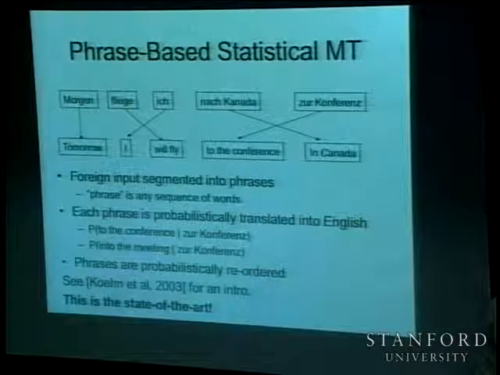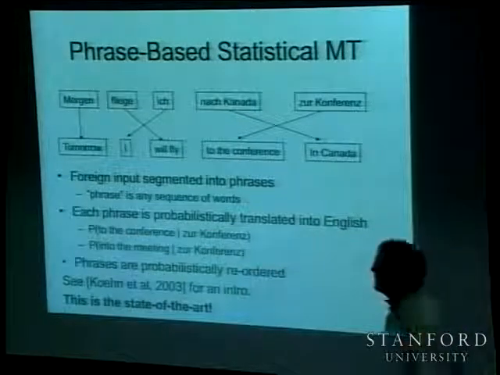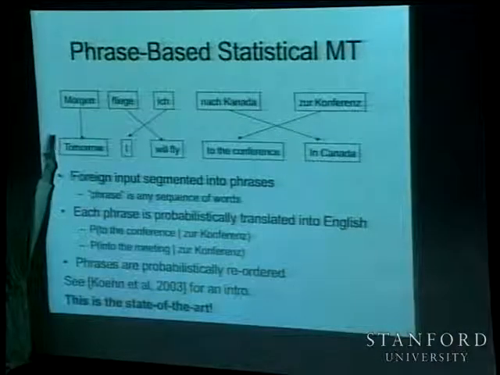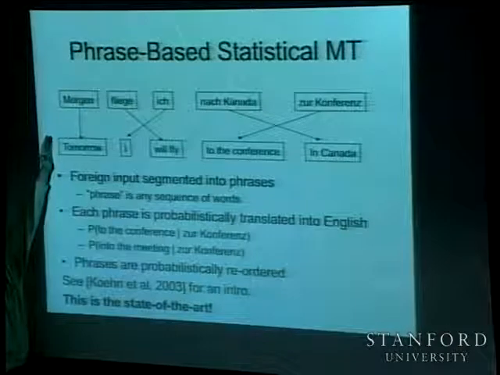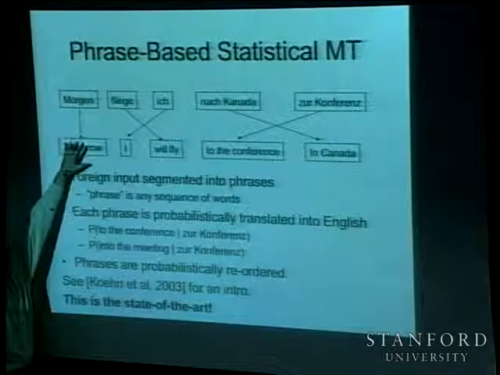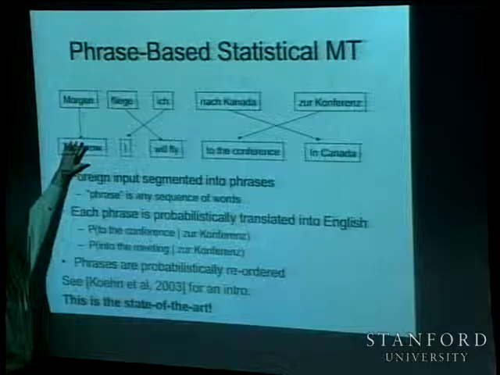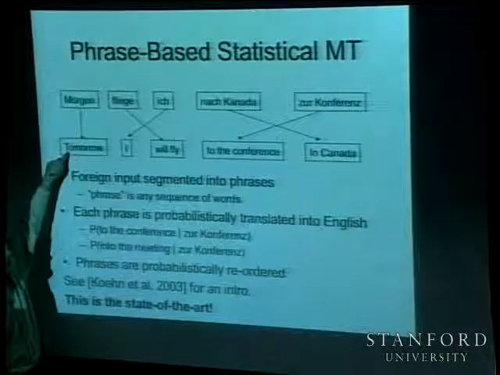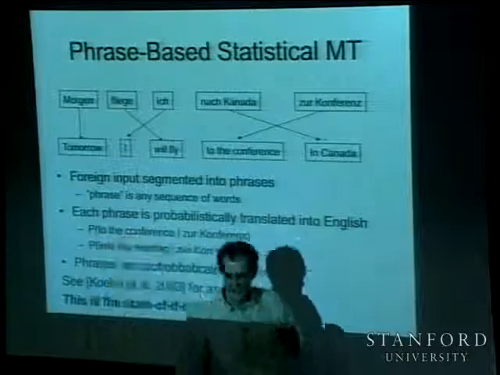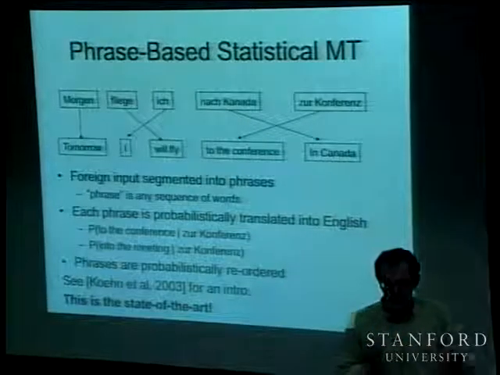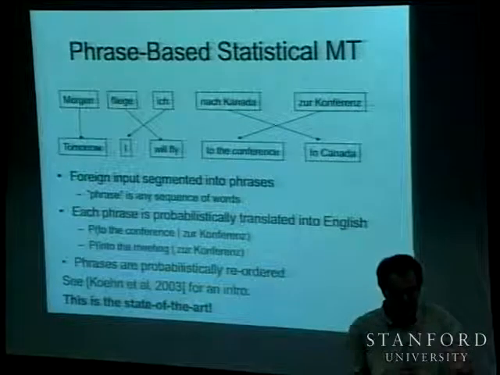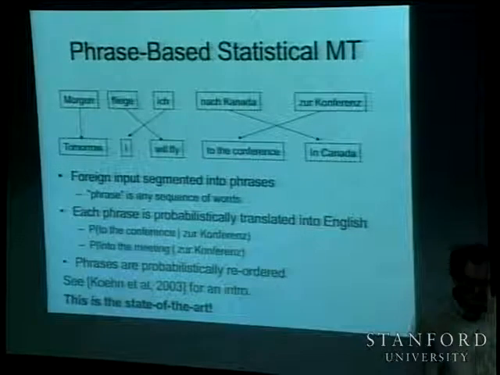And effectively, you're doing that in a decoder just like before, because when you translate, you're starting off with an empty candidate English translation, and you're saying, okay, I want to lay down my first statistical phrase. And so the first statistical phrase will be something in your phrase lexicon, which is some number of words of English corresponding to some number of words of the foreign language, and so you're not actually segmenting the foreign language before you begin. You're segmenting the foreign language in the process of running the decoder. Okay,